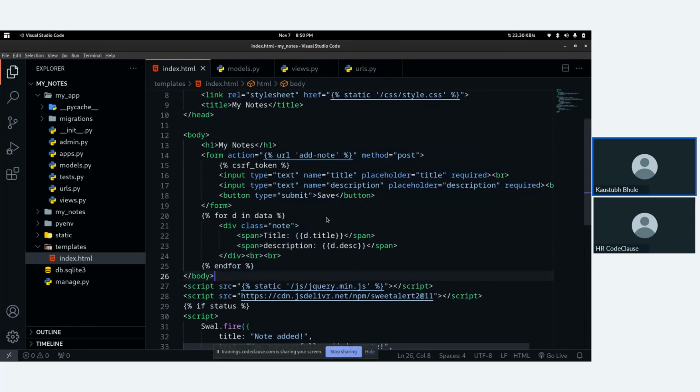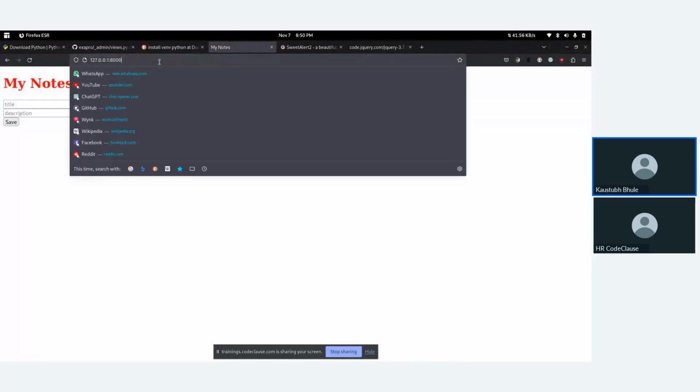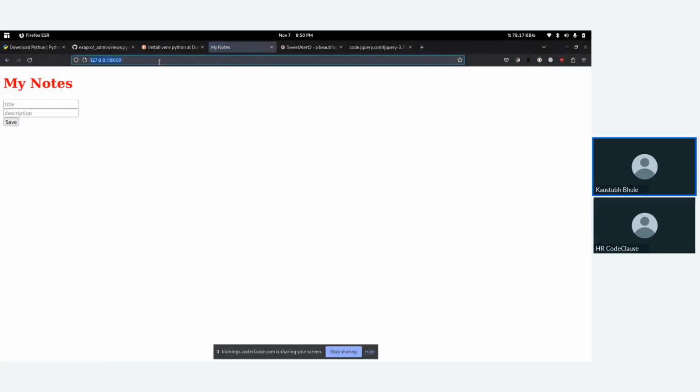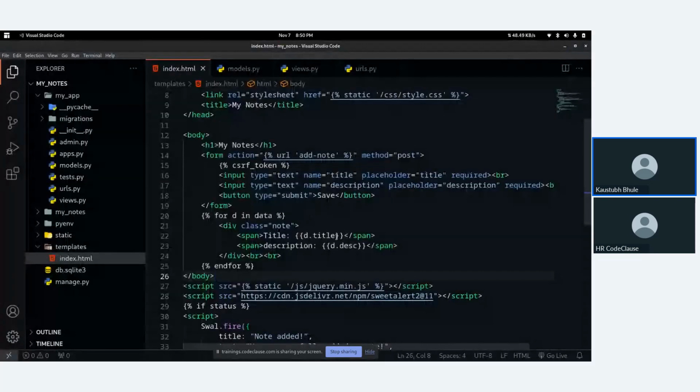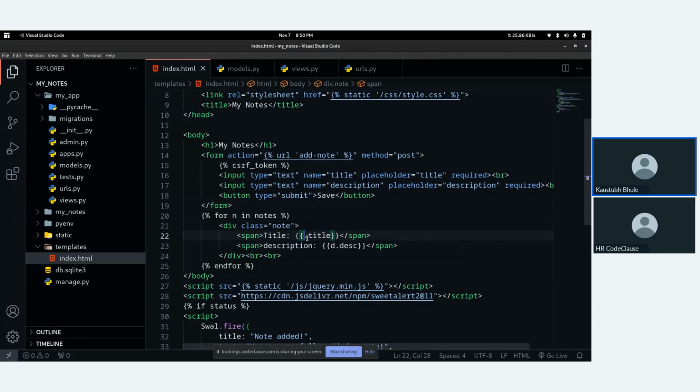Fine. So let's try if it works. Let's refresh it. Sorry guys, a mistake. We have changed our variable name from notes data to notes, right?